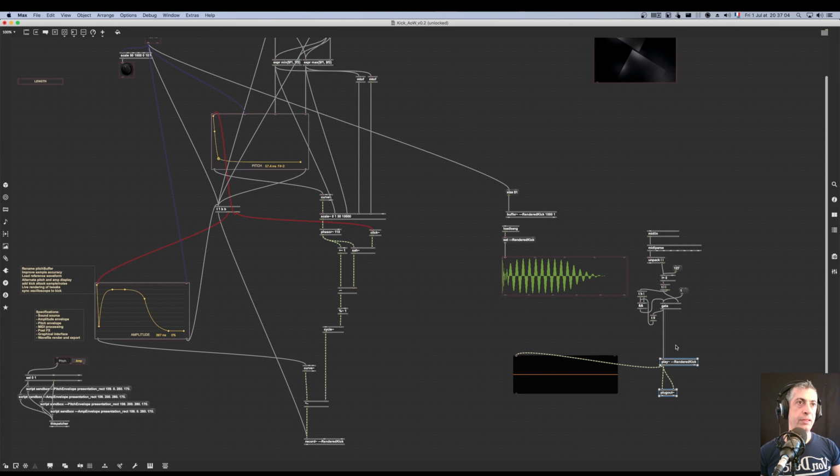Let me think for a second. It's always good to think. So first, let's overdo it somehow. When I get anything from here, I want to close the gate. So I have here a value which should be 0. But after my kick has been played, I want to have the same value of 1 to make sure that I can play again. So one of these,